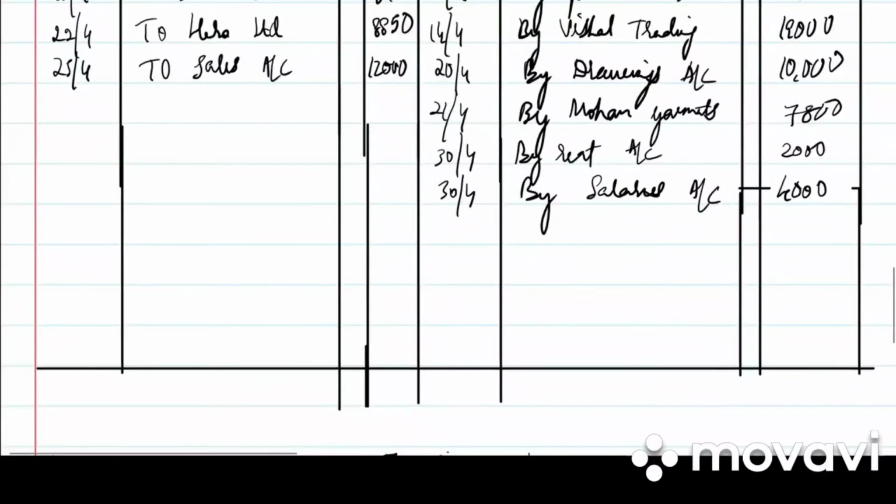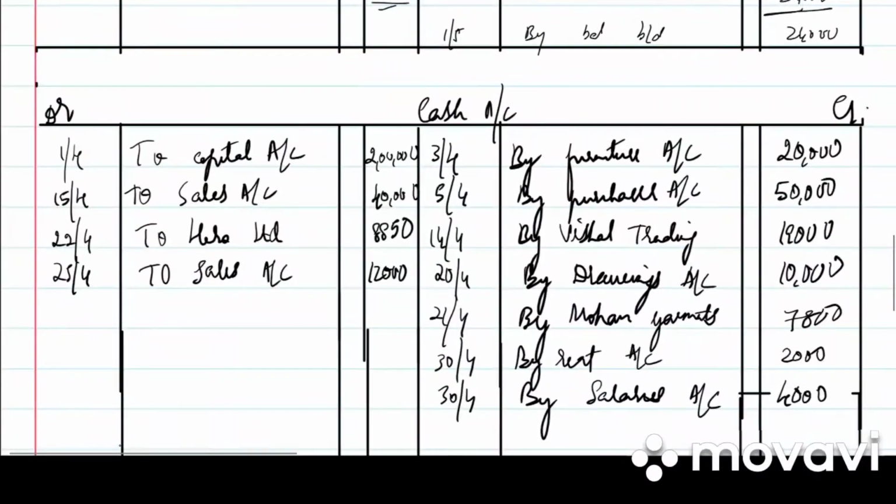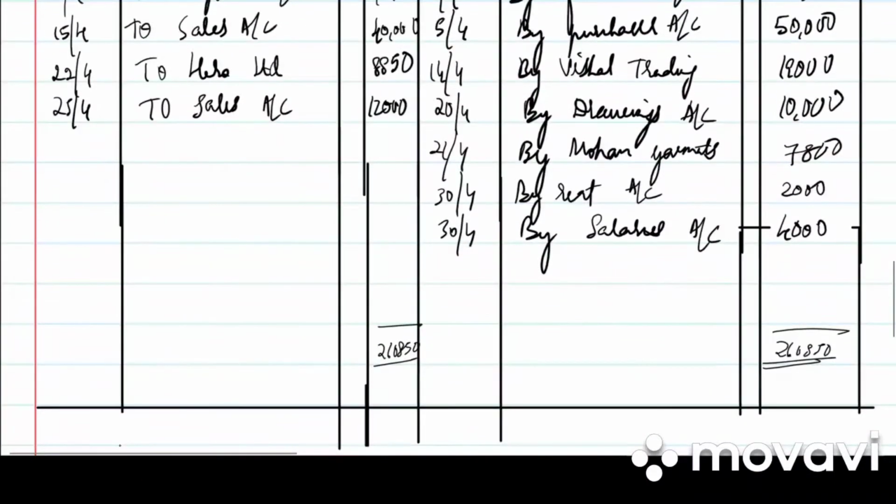Then we have the cash account. Which side is more? Debit side, that is 2,60,850. You need to total both sides, the debit side and the credit side. See which side is more, and the balancing figure would be written on the opposite side. Then we have by balance carried down 1,48,050. 1st May to balance brought down